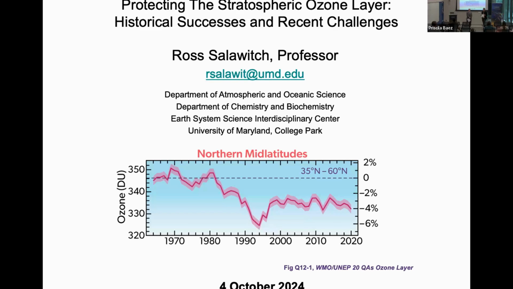He publishes on a wide range of topics from the stratospheric ozone layer, air quality, carbon cycle, and climate, and is the lead author of the 20 Questions and Answers of the Ozone Layer, published by the UNEP. He is also a fellow of the AGU, American Geophysical Union, and the American Association for the Advancement of Science. So I'm very excited to have you here. Thank you so much for making the trip over. You're welcome. My pleasure.